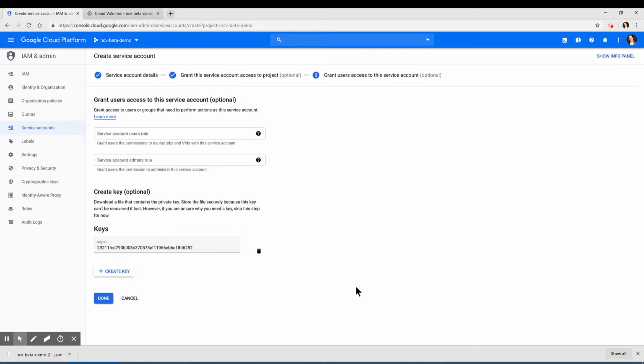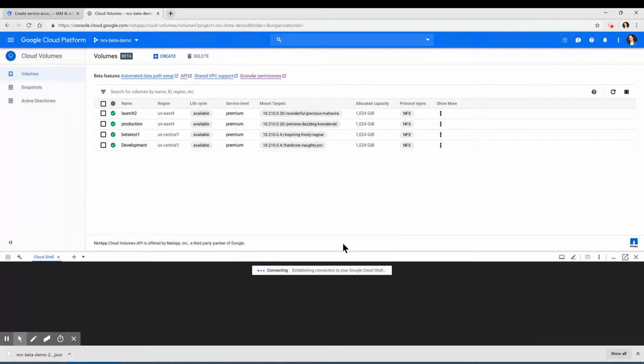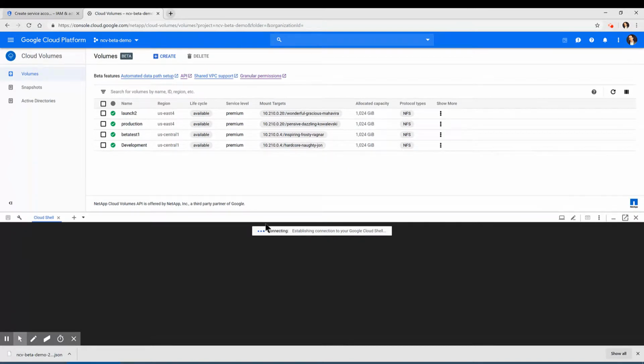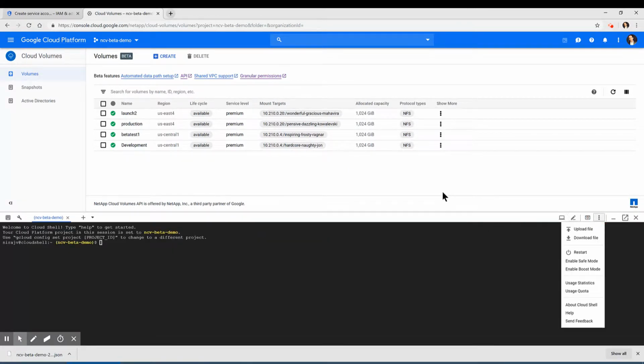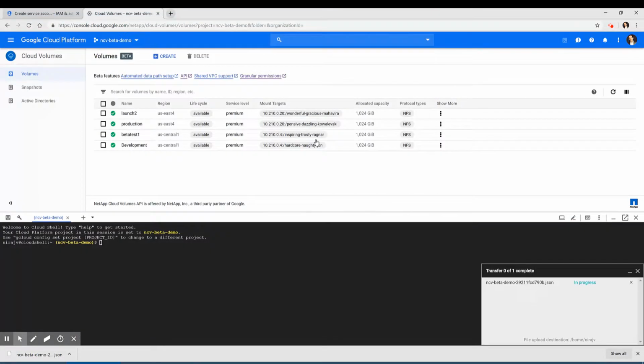Next, I'll switch over to my Cloud Volumes dashboard, where I have 4 volumes previously created, which will serve as the output of our API call. I'll enable my Cloud Shell. Take a couple seconds here. And this is where I'll upload the private key JSON file that I just downloaded to my computer. Once that's uploaded,